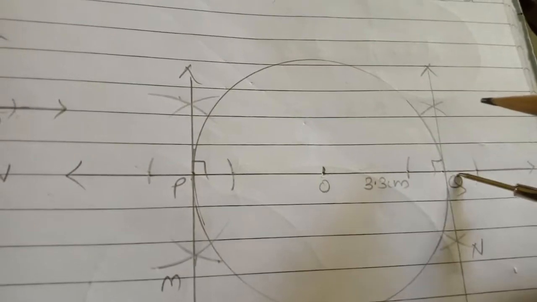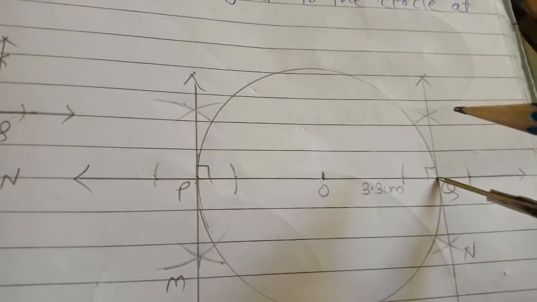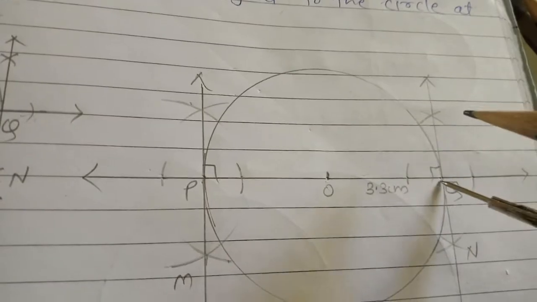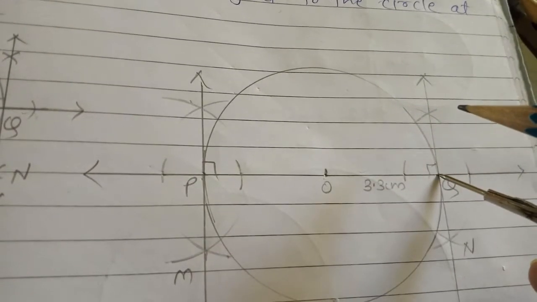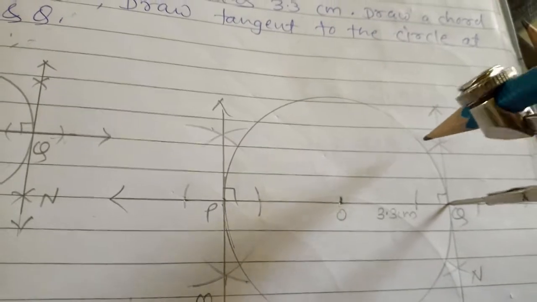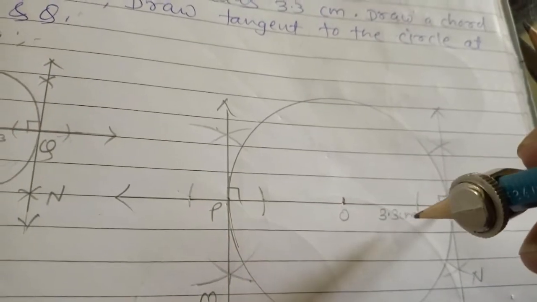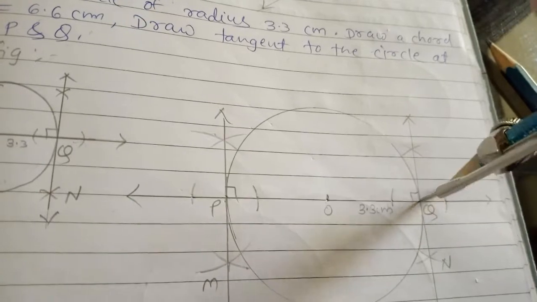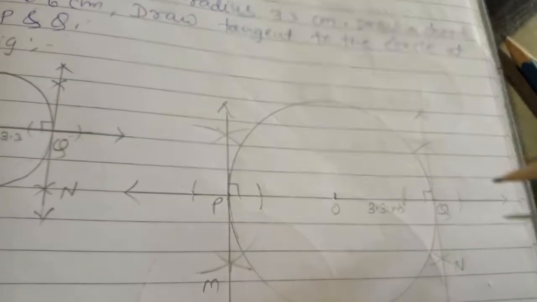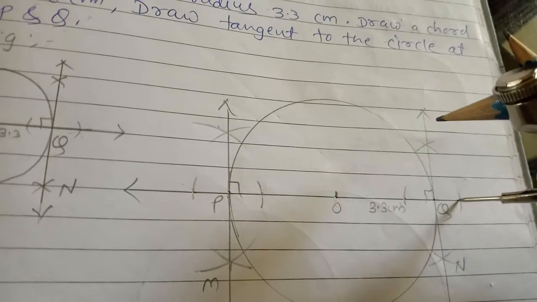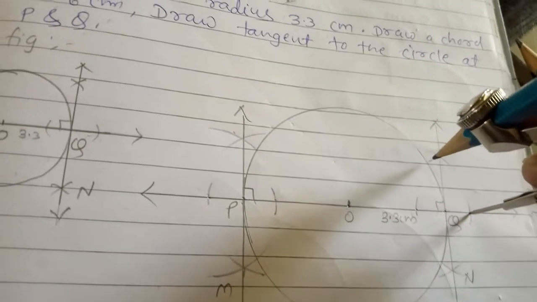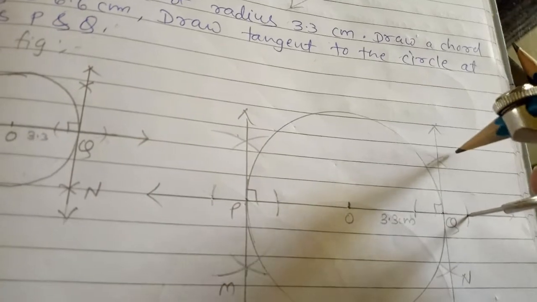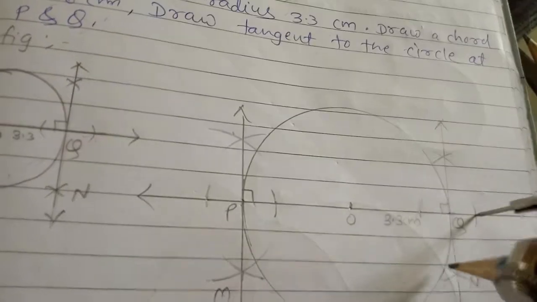Then you have to put your rounder on Q. So you have to take a point. When you extend this radius, where this line intersects the circle, you have to take a point, that is Q, and you have to draw the perpendicular bisector. So here you have to take some distance in your rounder. Similarly you have to take the distance on another side. After that you have to put your rounder on this mark, extend some distance, and then draw a mark on the upper side as well as on the lower side.